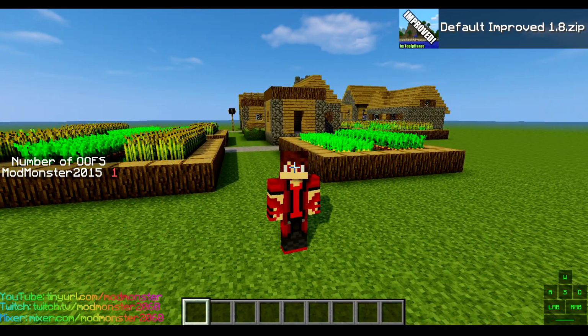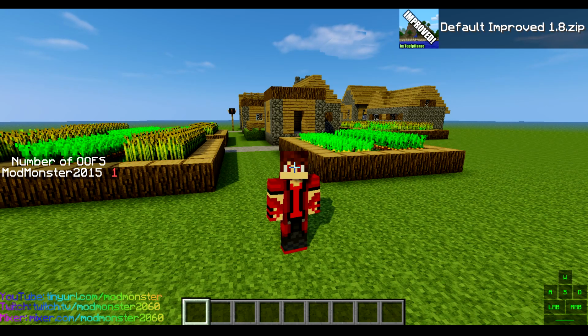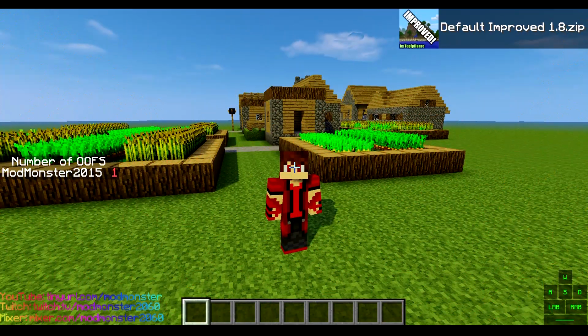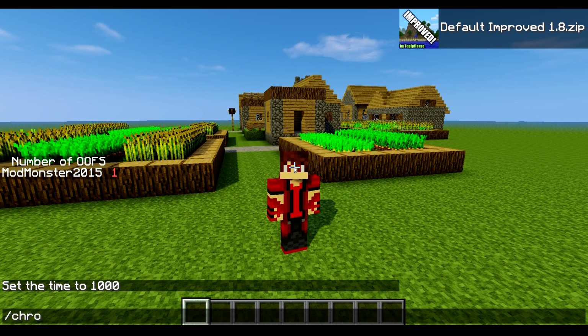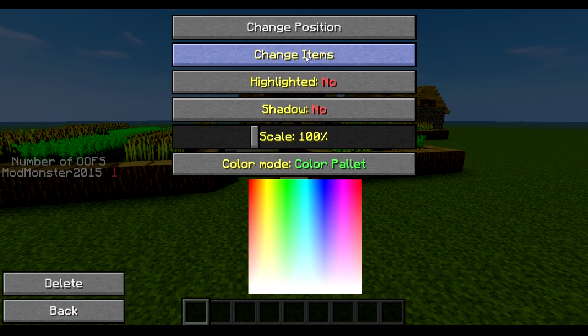You can put text wherever you want on your screen. You can put lots of cool things. You can have your armor, you can have your arrow count, lots of things. So let me show you how to configure it. You're just going to want to go ahead and type in /chroma HUD, press enter, and you can click this new button down here. Then you can see this color palette down here will let you select the color that you want these items to be. So let's make this a nice blue.